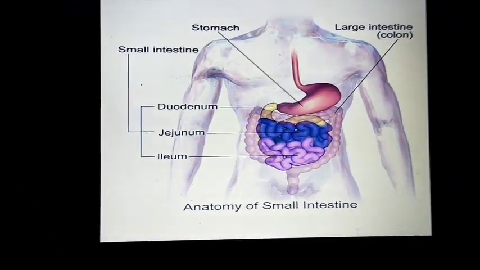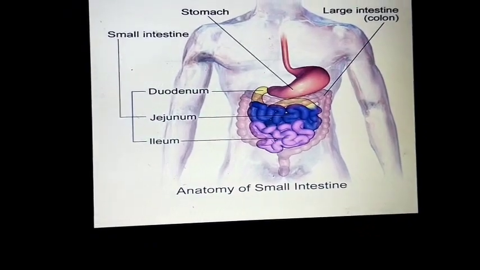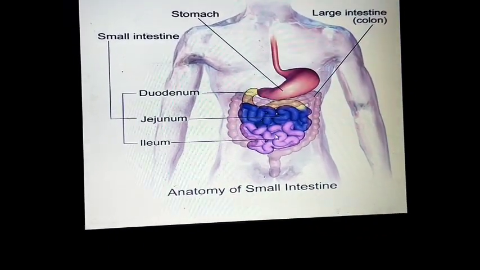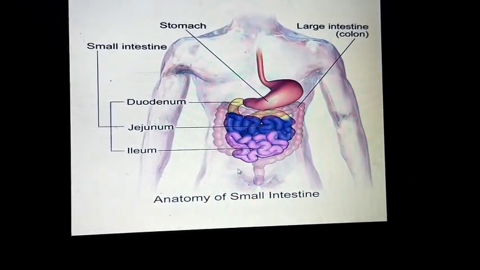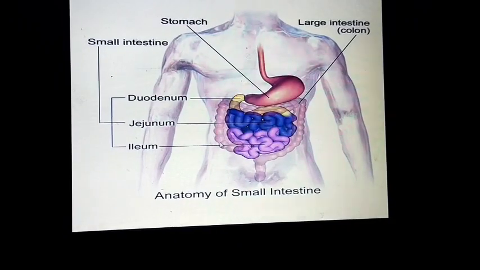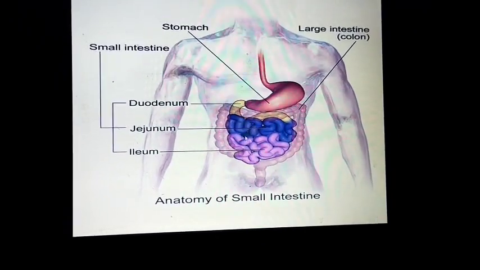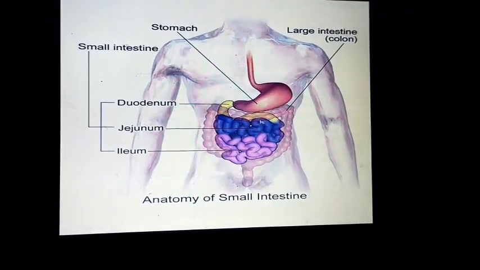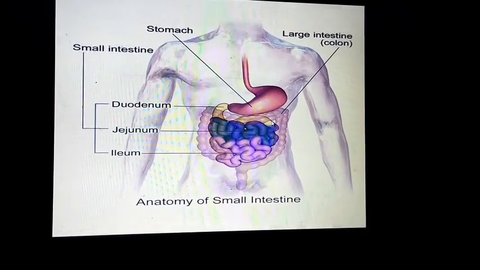Now we can go to the anatomy of the jejunum and ileum. I already explained the location or position of the jejunum and ileum. The ileum is present on the right side and lower quadrant of the abdomen, and the jejunum is present on the left side and upper.